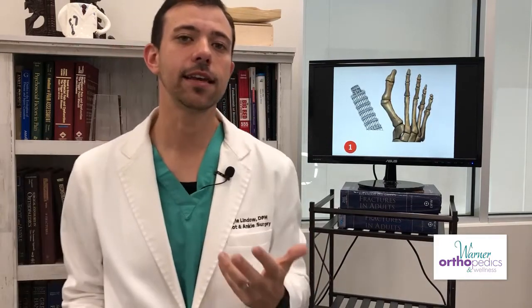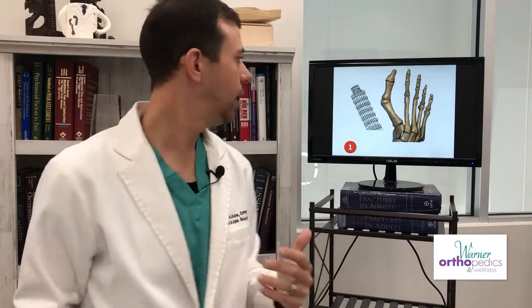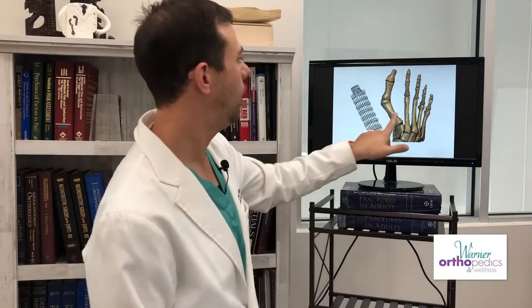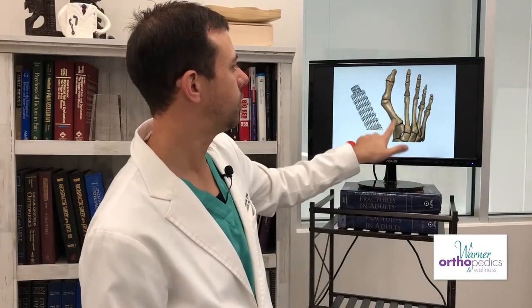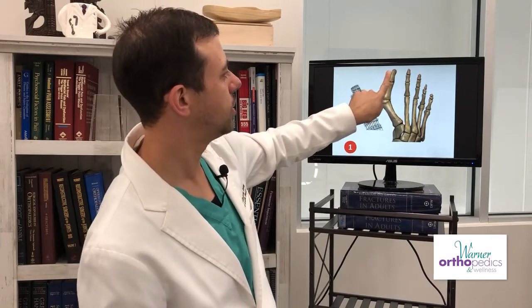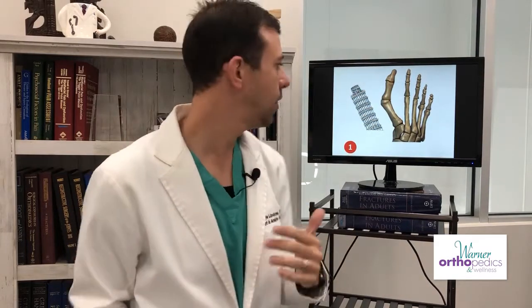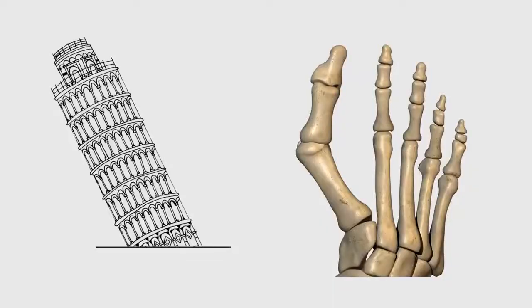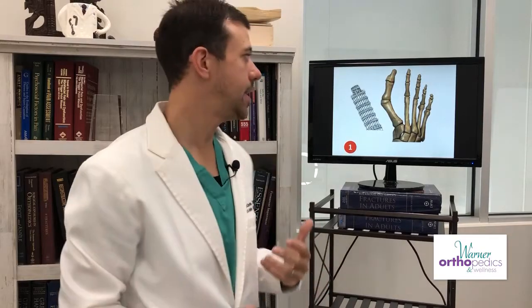So I like to think of it as the Leaning Tower of Pisa. So if you take a look, this is a typical bunion deformity right here. Where you have an increased what's called intermetatarsal 1-2 angle, which is the angle between the first and second metatarsal, and then you see how the big toe tends to abduct. If you look at the Leaning Tower of Pisa, that is a very good structural similarity to what a bunion